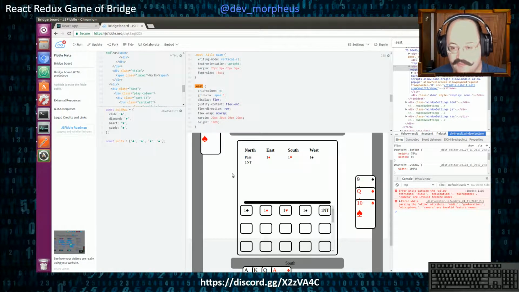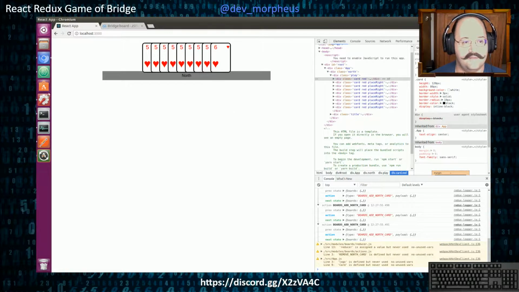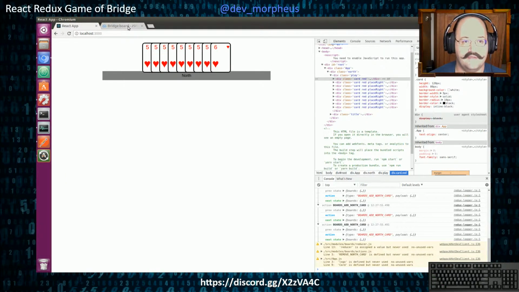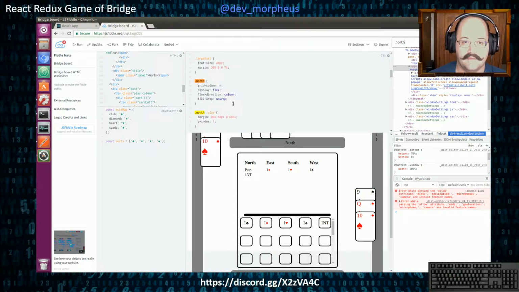So what I'm going to be doing now is I'm going to add the other three boards, and then try to add this central widget, which will let us actually do bidding. So let us begin. I ended up yesterday just with the north board. I am going to go ahead and update the CSS because I did in fact change some of it. Yep, we are now gridded out of our minds,